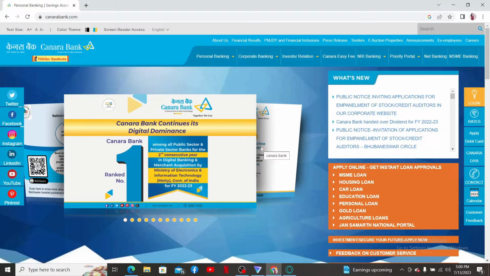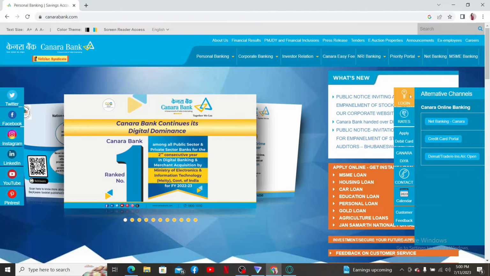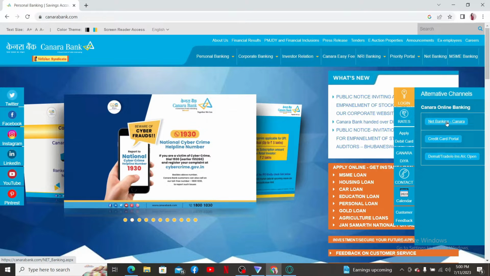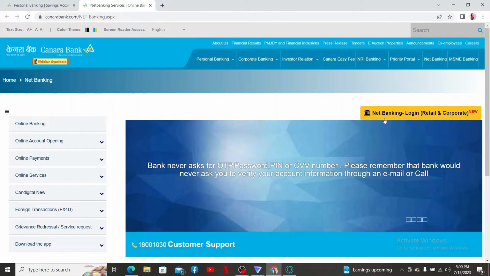Here, in order to access your gold loan account, you'll first need to log into your online banking account. Go ahead and mouse over to this login tab and this will open up several menus. Click on this Net Banking Canara option and then you'll be taken to this page. Click on this Net Banking Login option and then you'll be redirected to the sign-in page for Canara Net Banking